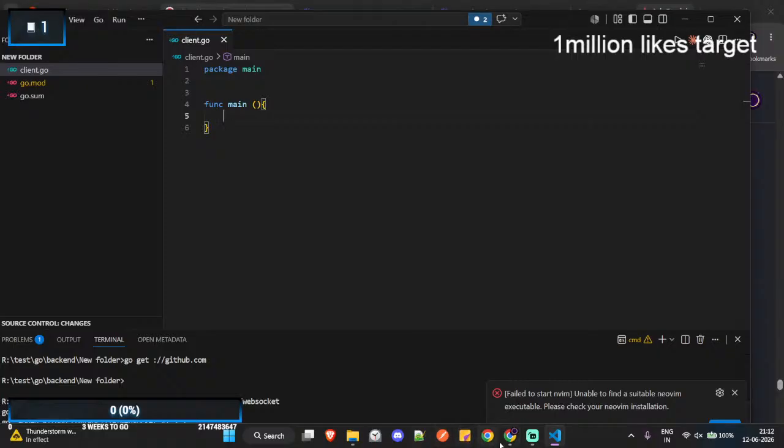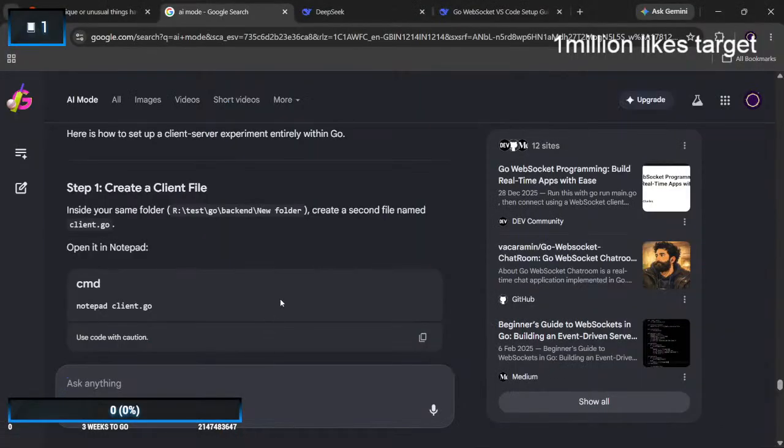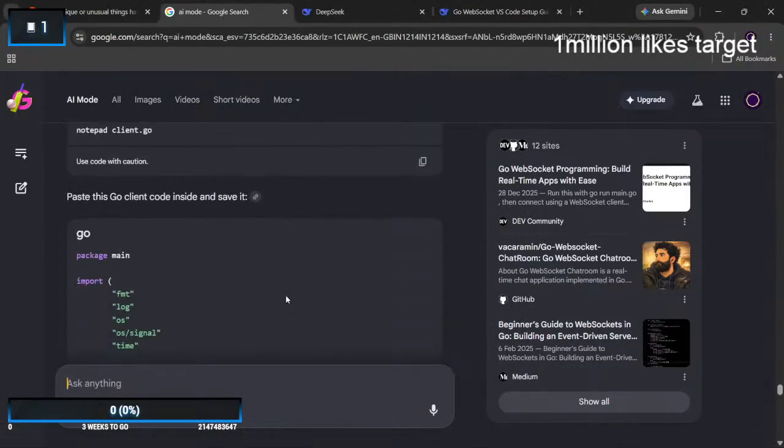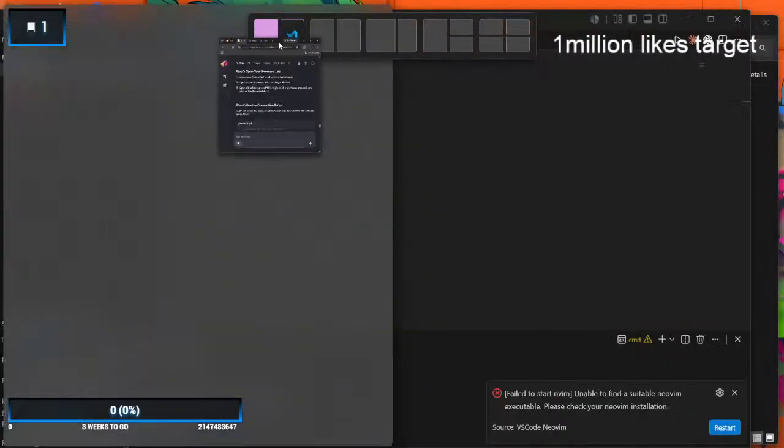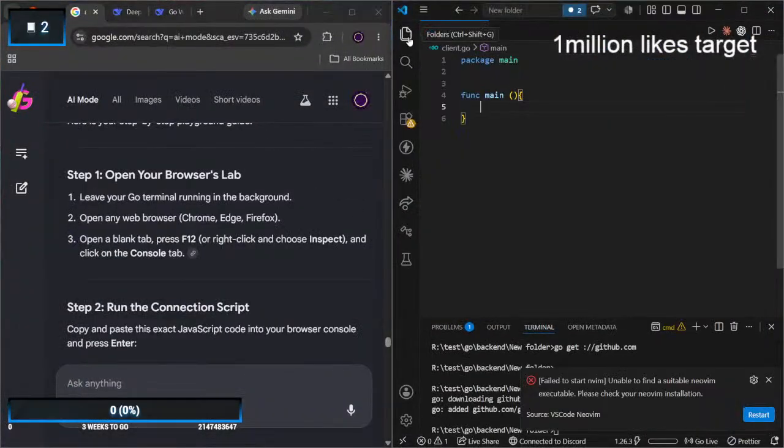I could have renamed my file itself. What are you doing?